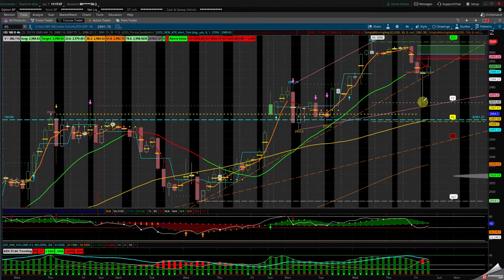So what I'd like to do, this area here, I'm going to put a little tiny line on it, and I want everybody to be careful of it. This would be good for 2 days. Keep an eye on this area. See, I made it a little smaller. Keep an eye on it. So we do not want to lose the